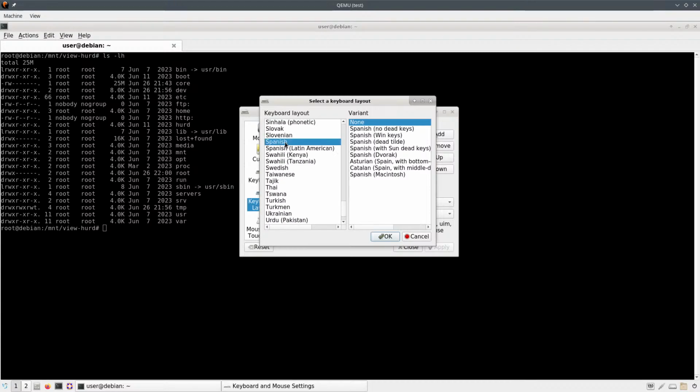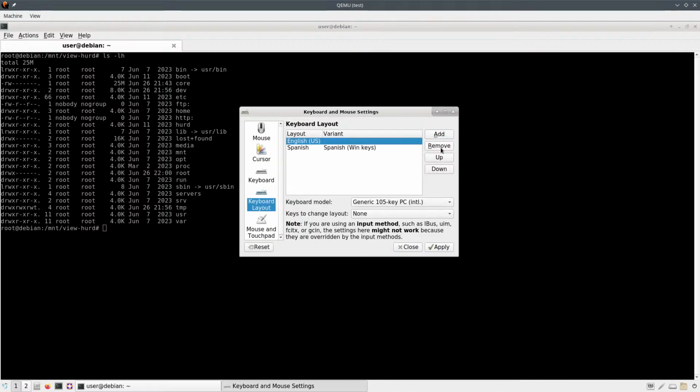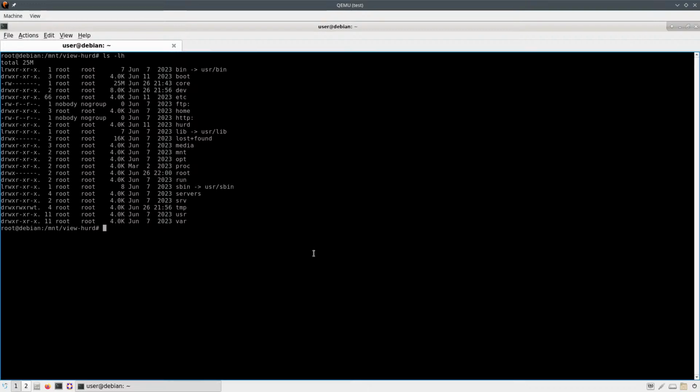So Spanish keys, let's remove this, let's apply, now I have Spanish. So here we have Grub2 and what's the leaf path, isn't it? It's the thing that, wait, what the hell, why?